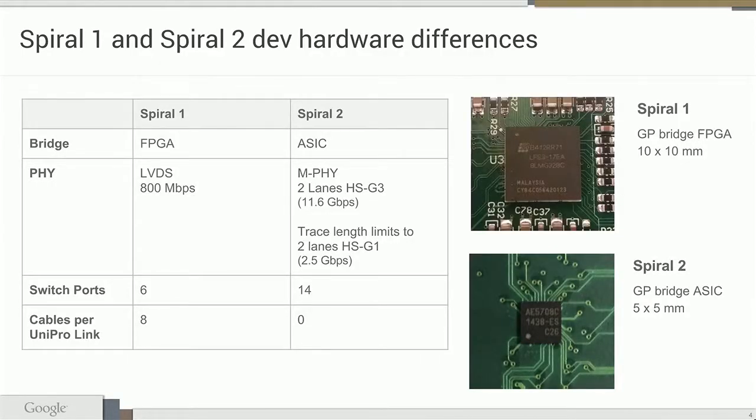For the communications PHY layer, in Spiral 1, we're using LVDS running at 800 megabits per second. In Spiral 2, we now have MPHY implemented on the ASIC. So we're providing, with these bridges and the switch, 2 lanes of high-speed Gear 3 MPHY. So that's an aggregate bit rate of 11.6 gigabits per second. That's bidirectional. On the Big Dev board, we found that because the components are spread out, we have fairly long traces routing the MPHY, and due to signal integrity, we're limited to high-speed Gear 1, which gives 2.5 gigabits per